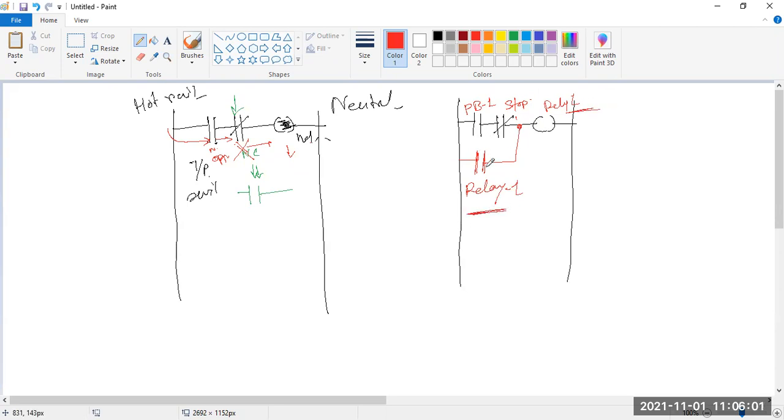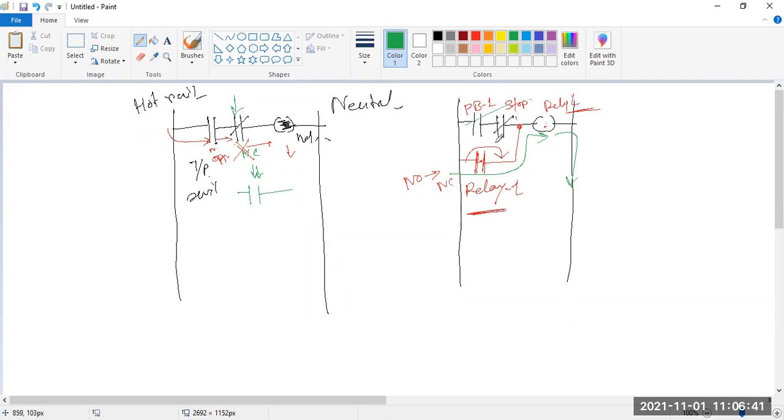Then what happens? Another relay is working. Whenever it is energized, this relay is also energized. This NO energized means it is going to close, from normally open to the normally closed state. Once it is closed, current will flow in parallel through this parallel path to this relay, and the relay is again in the continuous glowing mode. In this way supply is provided.